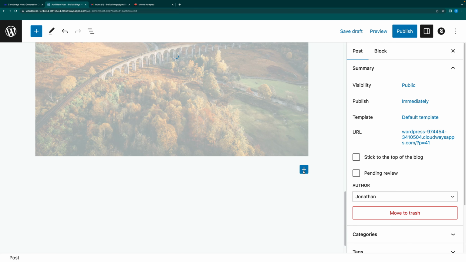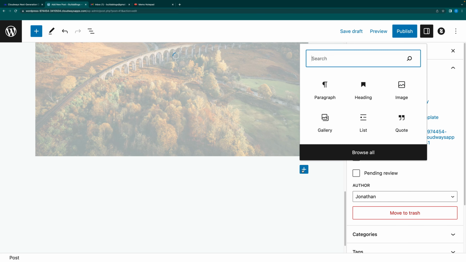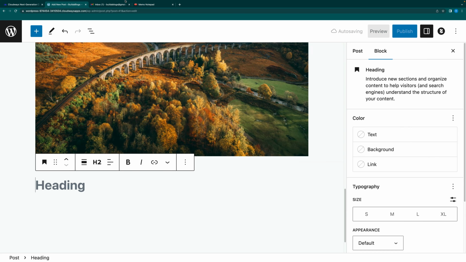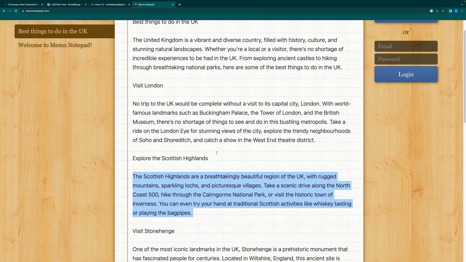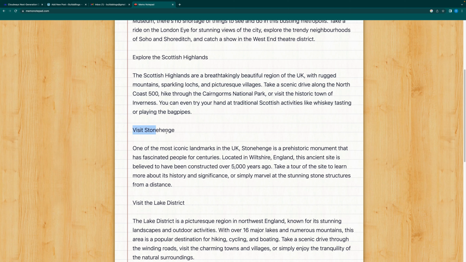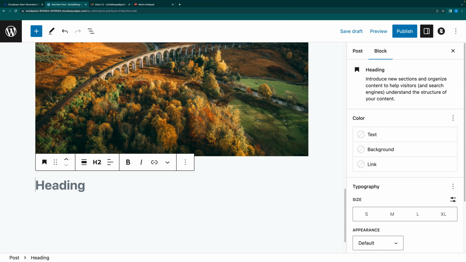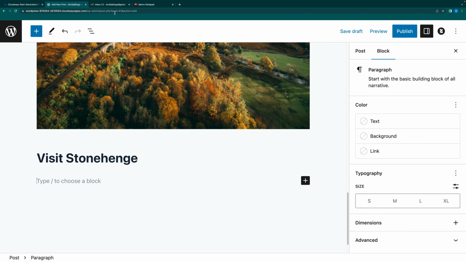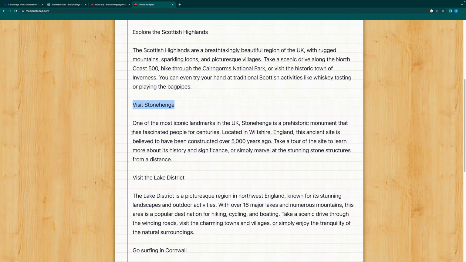Underneath, I'm going to choose a heading, and I'm going to put in Visit Stonehenge. So again, you can type that in if you want. Underneath, I'm going to copy the text,